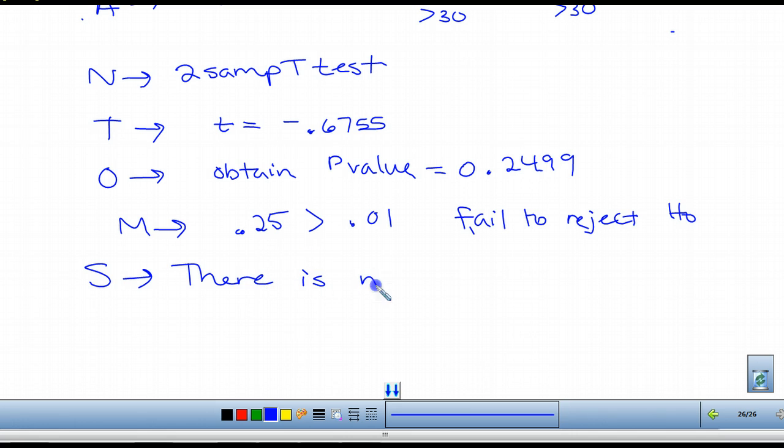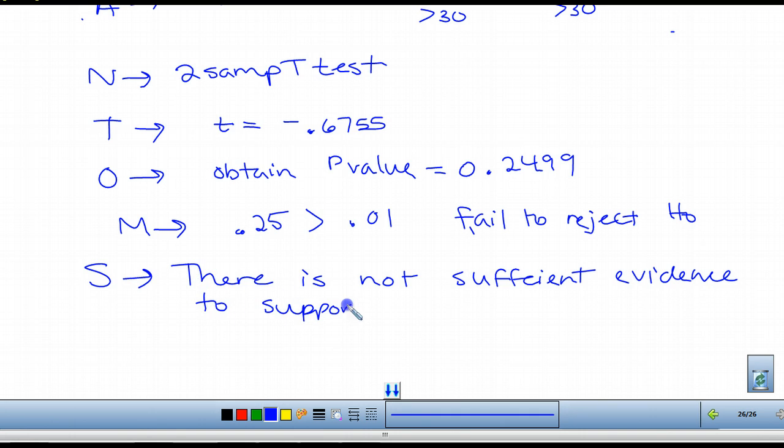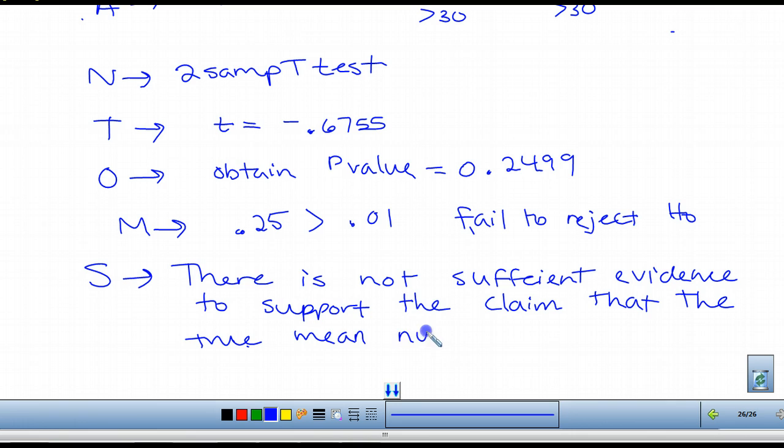There is not sufficient evidence to support the claim that the true mean number of words men speak in a day